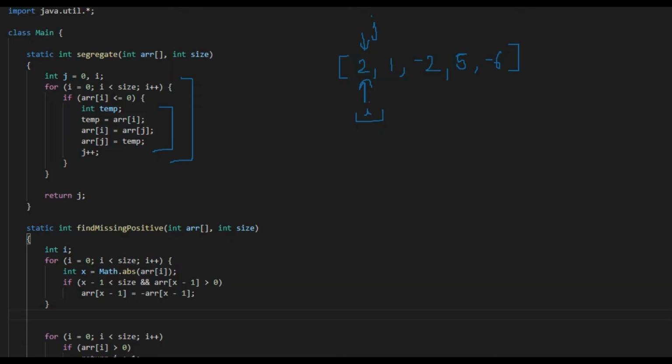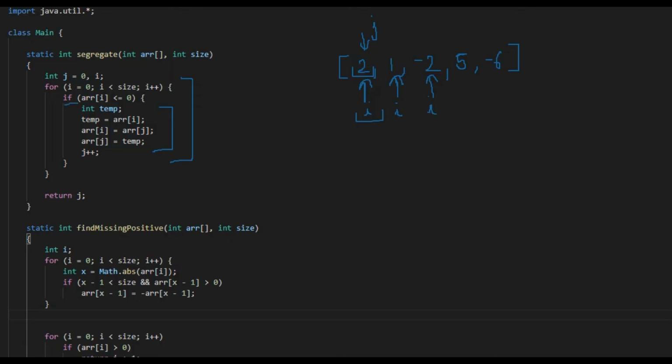So let's see how we are doing this. So first of all, in this loop we will find if array of i is less than 0. That means if this number is negative or not. If it is not negative, then this if condition will not happen. It will move to next iteration and will come here. Okay. Now our i is here. We will see if array of i is less than or equal to 0. No, it is not. Then we will move forward. Now our i is pointing to minus 2. This time we will enter this if condition, and what will happen in this condition is we will swap.